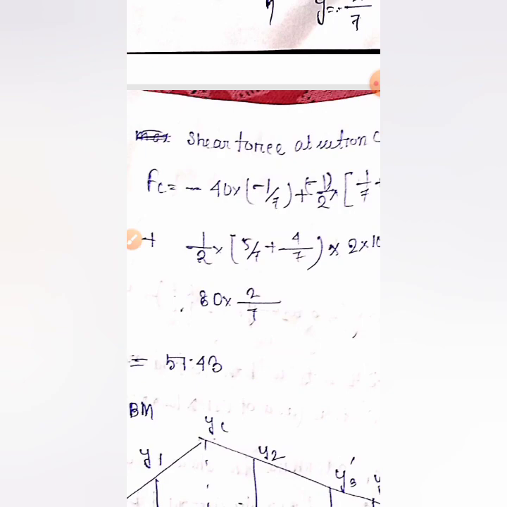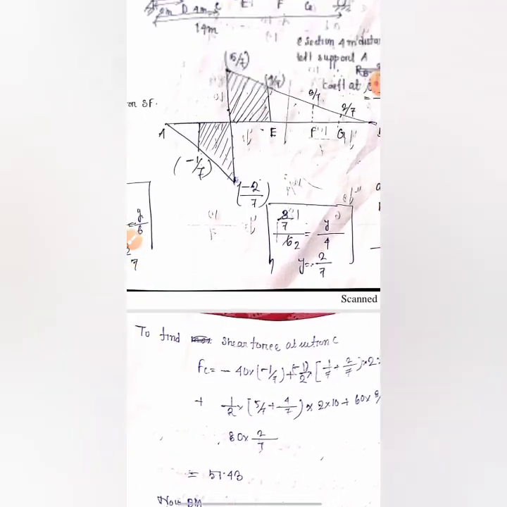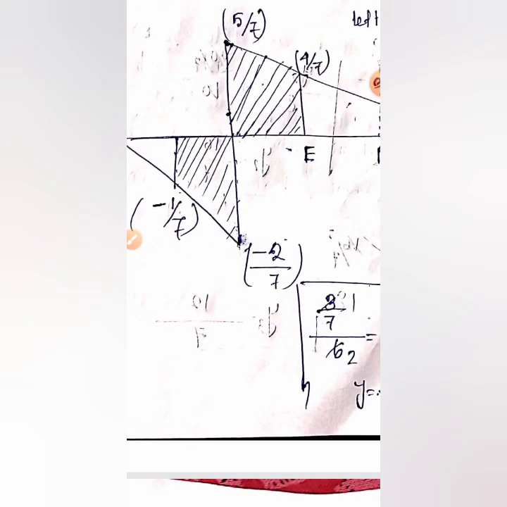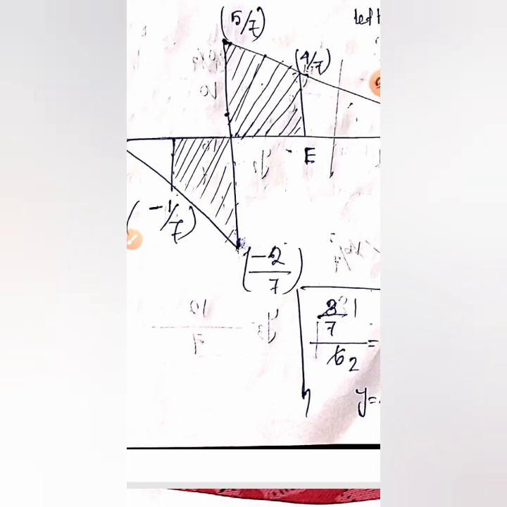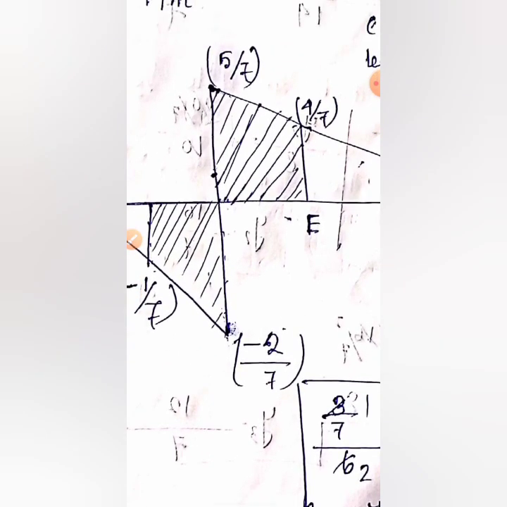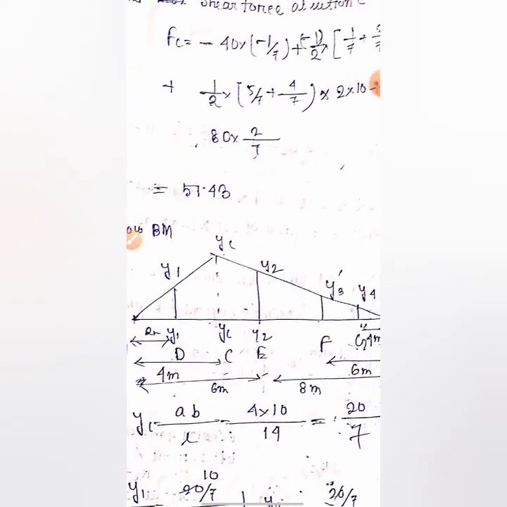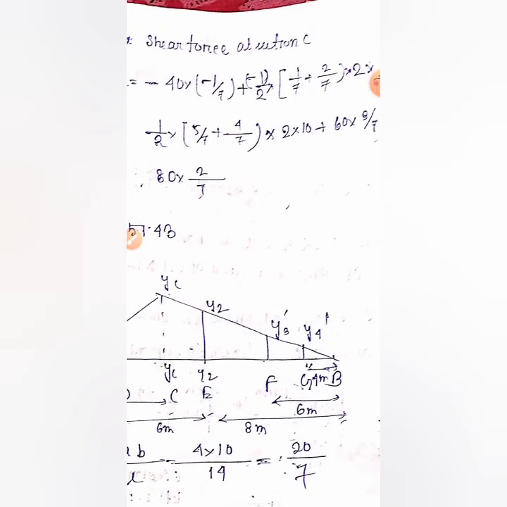It is for the negative trapezium shape, and again there is also another trapezium which is in the positive zone. Now tell me what will be its area if the ordinates I have given are 5 by 7 and 4 by 7. Obviously the area will be half into the summation of parallel arms, that is 5 by 7 plus 4 by 7, into the distance between them, that is 2, I think, into